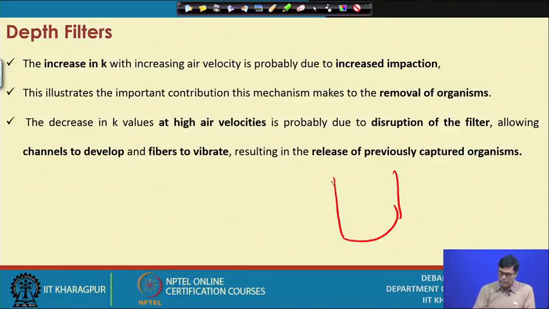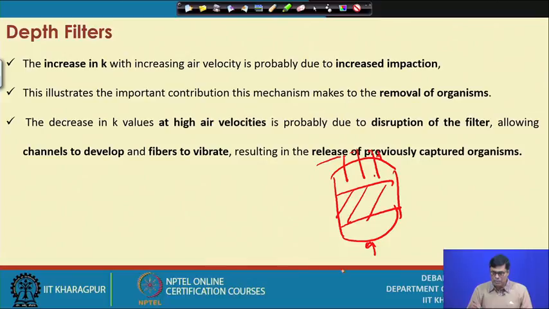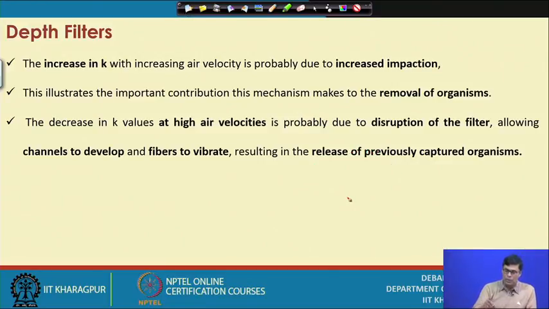Suppose this is the filter we have, and here we put some kind of heating rod, and we pass air at a very low flow rate, and we have restricted the flow. The heating rod is connected, and we try to heat this media and circulate the air in such a way that all the organisms present inside the filter will be killed, and then we can reuse it again for air filtration. So, this is how we can do the regeneration of the process.